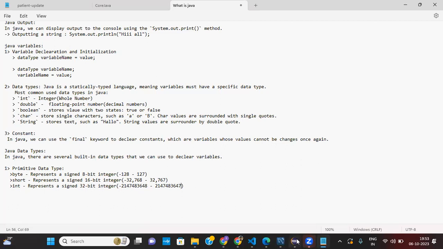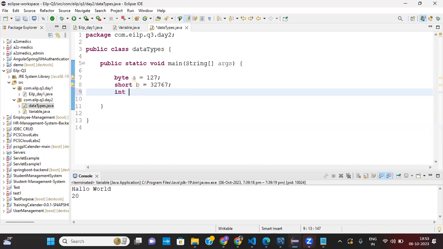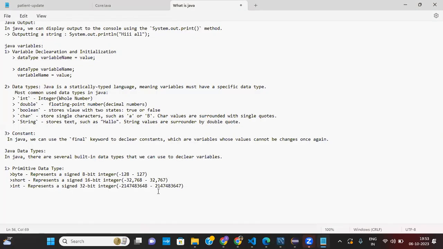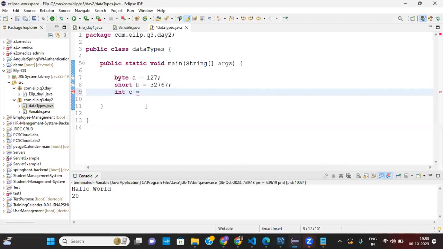So 10 digits. Let's say integer c. And remember one thing: you cannot declare the same variable repeatedly. We cannot have the same variable name twice. Let's check by copying the value.